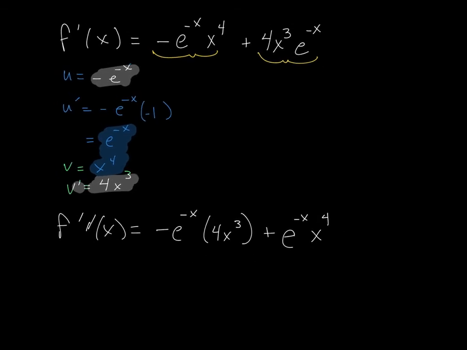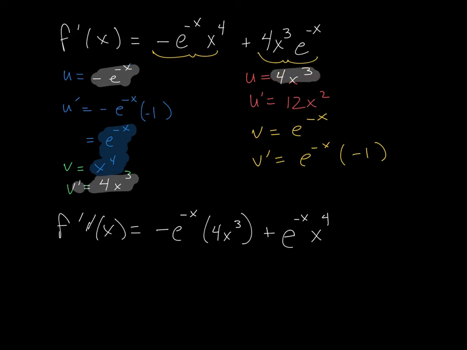All right, now I'm going to go ahead and build the same thing for the second part. So for the second part, let u be equal to 4x to the third, and then u prime is just 12x squared. Next up, I have v, and v is just e to the negative x. The derivative is e to the negative x, the exact same thing, just we have to always remember to multiply times the derivative of the exponent. All right, I'm going to go ahead and combine those